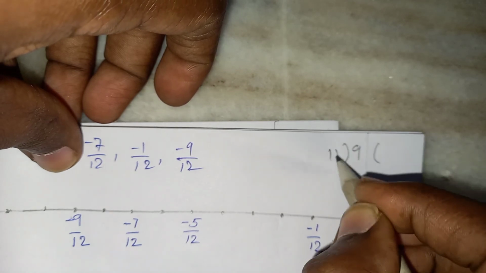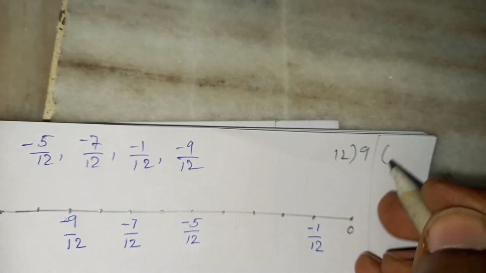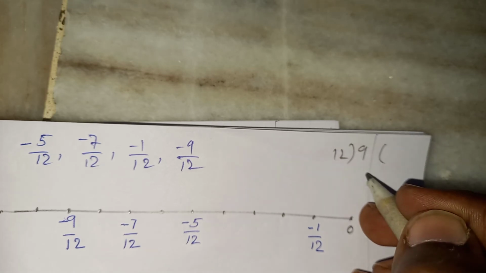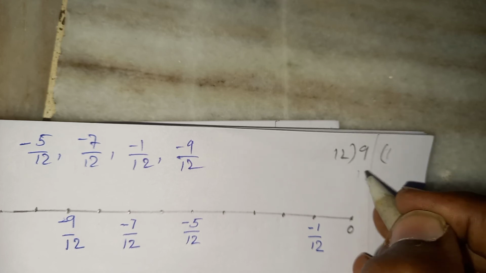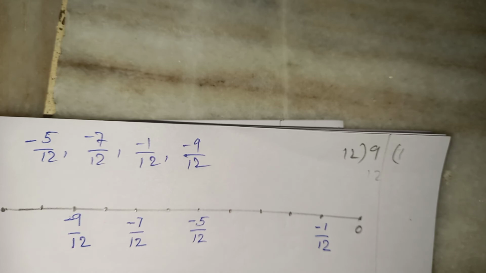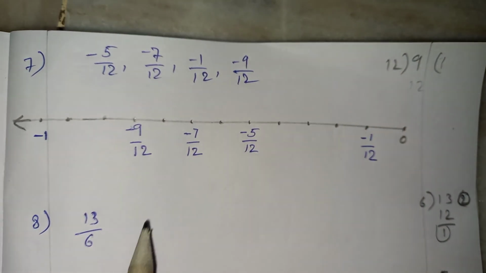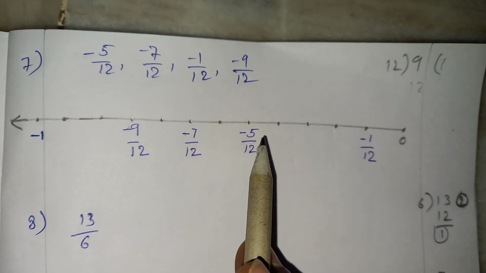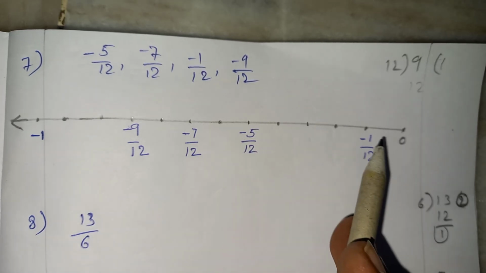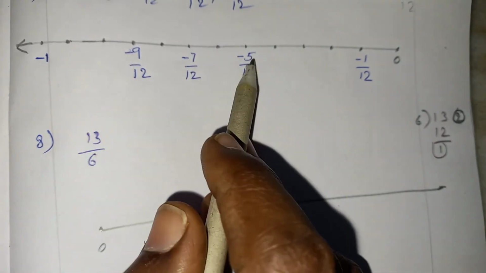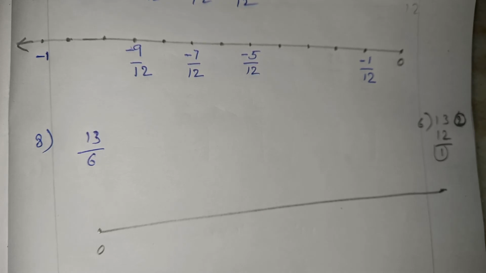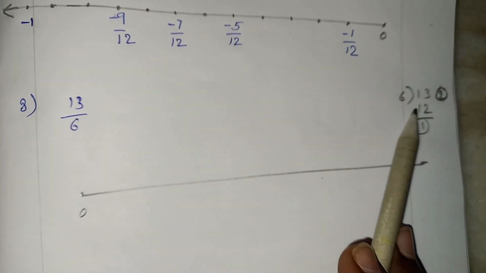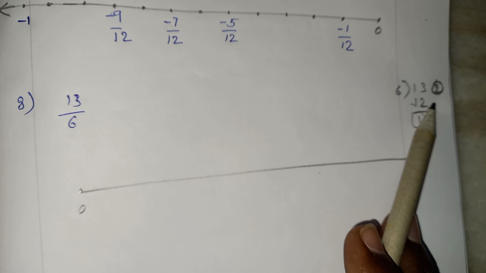I kept 9 here and 12 here. If we try to do the division, can we keep 1 here, 12 ones are 12 like this? No, because 12 is greater than 9. In all the questions, the denominator is a bigger number than the numerator. In that situation, the number is obviously in between 0 and 1. That is the reason we nicely did it in between 0 and 1, either on the positive side or the negative side. But here, the denominator is a smaller number than the numerator. In these situations, you have to multiply and you must understand from where we have to start.